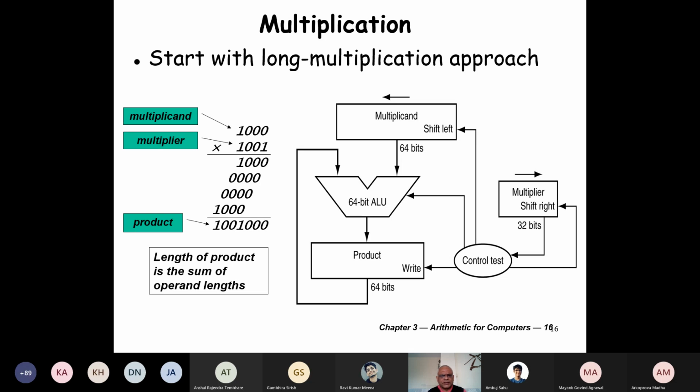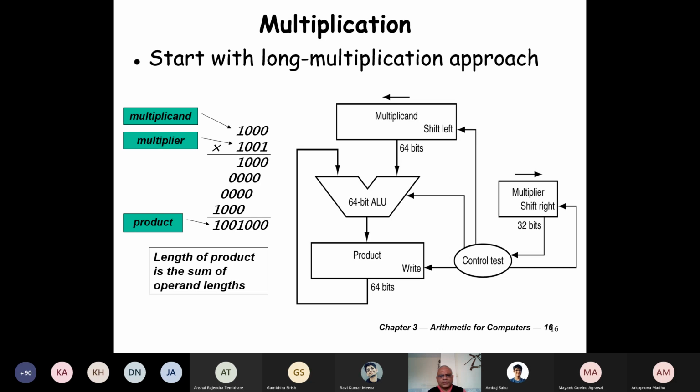I just observed this multiplication that is here. This is the algorithm, based on the LSB of the multiplier. If it is 1, we add the multiplicand and then we shift the multiplicand 1 bit left and shift the multiplier 1 bit right to check the LSB value of the multiplier. If it is 0, do no addition. Only shift the multiplicand 1 bit left and multiplier 1 bit right. Is the algorithm looking okay with everybody? Simple algorithm, just observation on this.